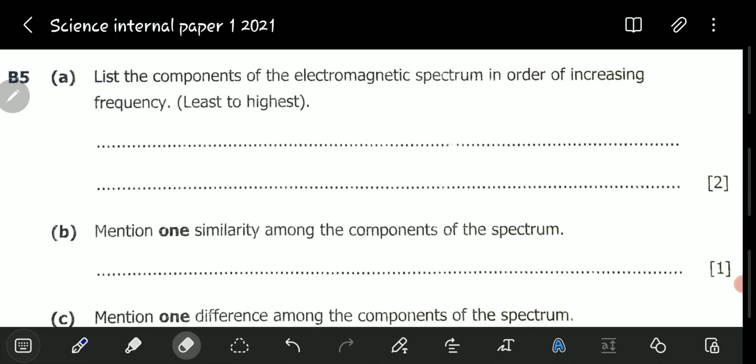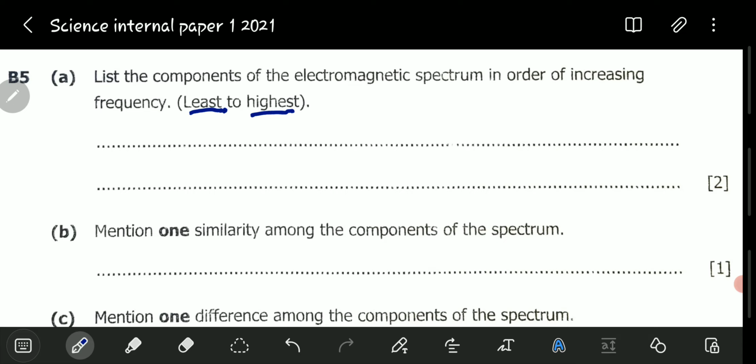In this video, we will be looking at the November 2021 Science Paper 1, question B5. Question B5A reads, list the components of the electromagnetic spectrum in order of increasing frequency. The examiner even further goes on to say that from the least to the highest frequency. So we are starting with the one that has the smallest frequency and ending with the one that has the